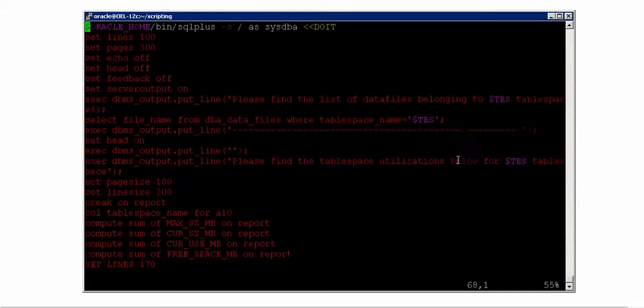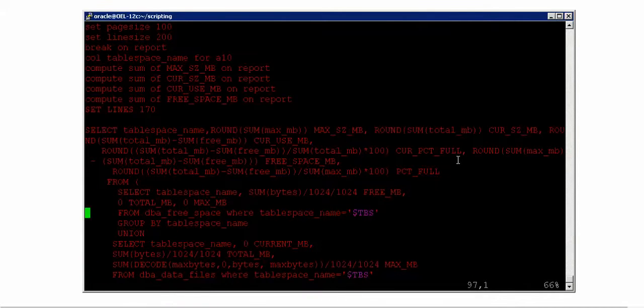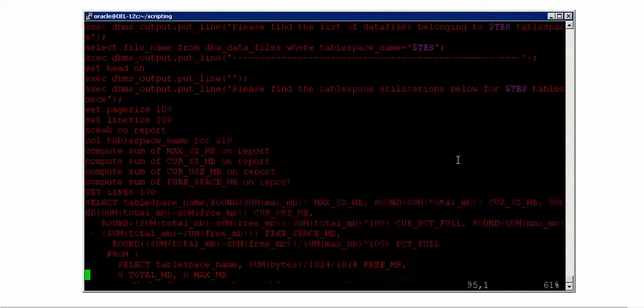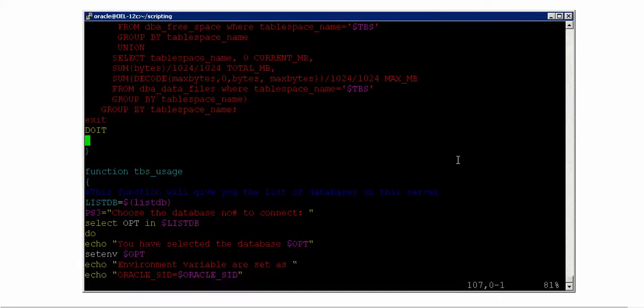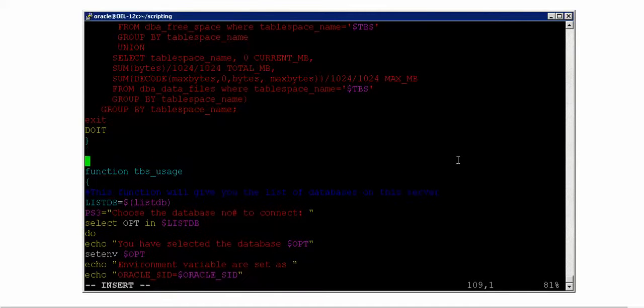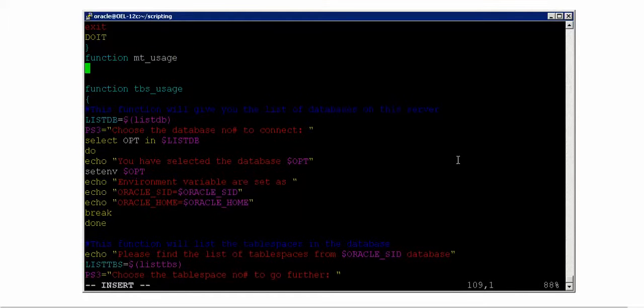But I should collect this output to a different value, right? So let me show this out. And where is the data files? Okay. And I should say function here, another function which it has to execute, function mount point, okay, mt_usage, and that is the next function I have to write.